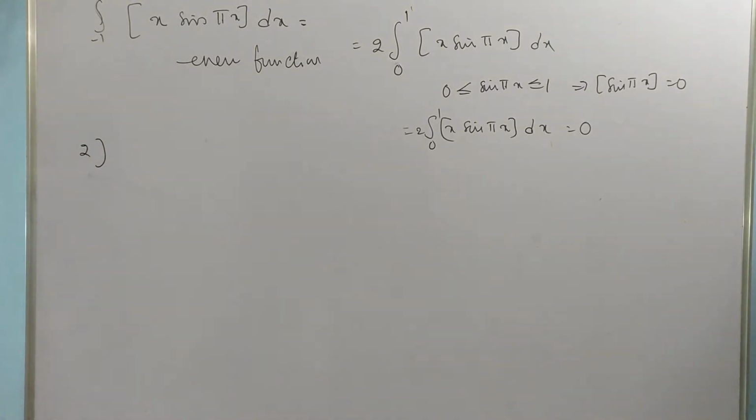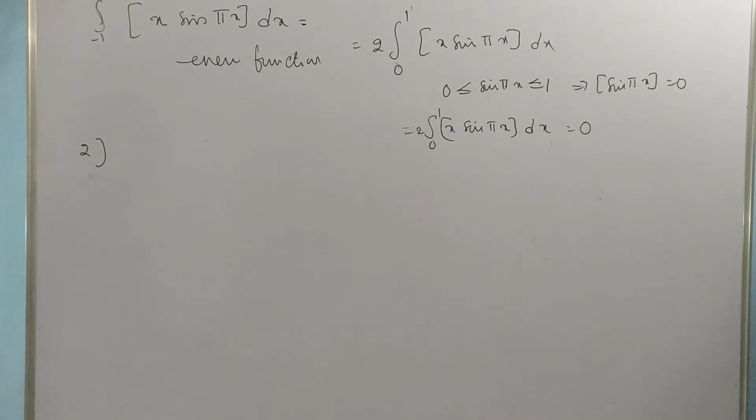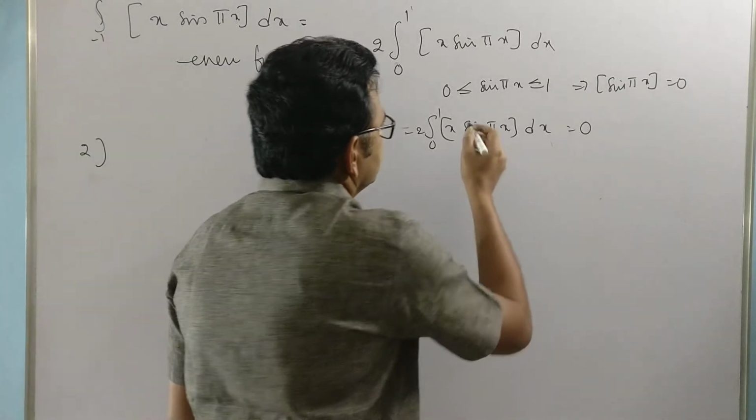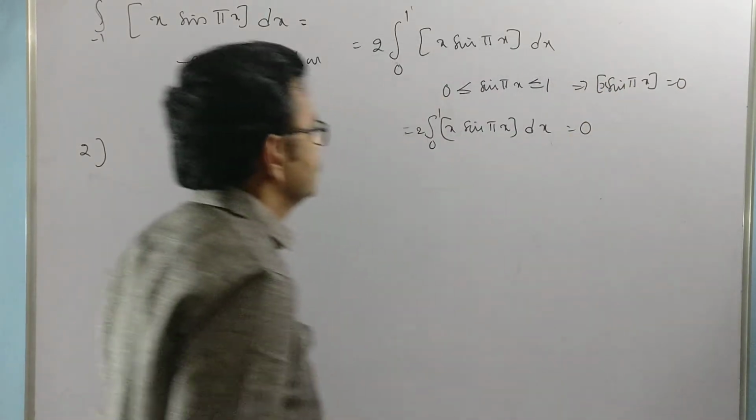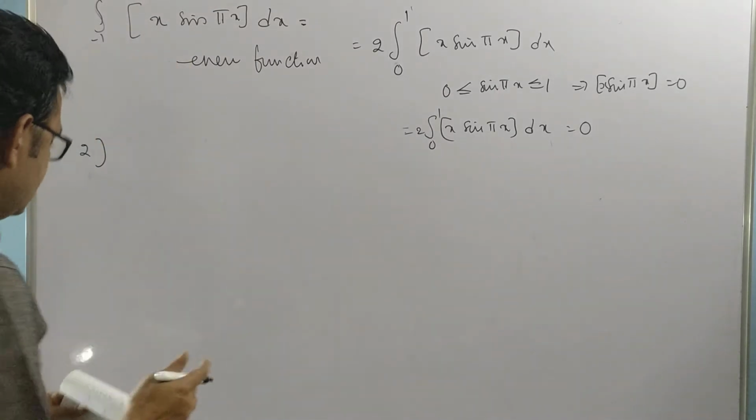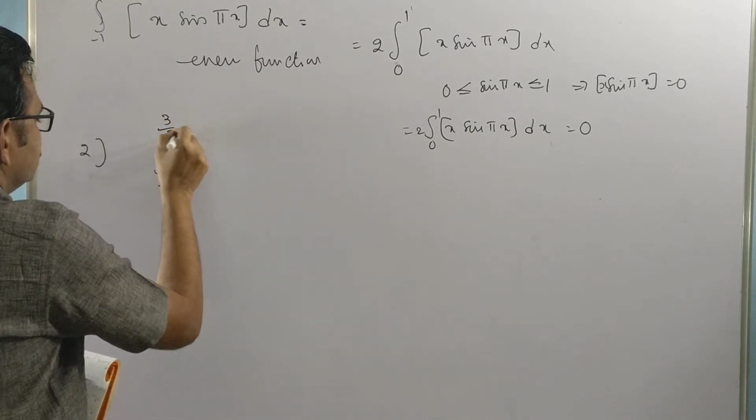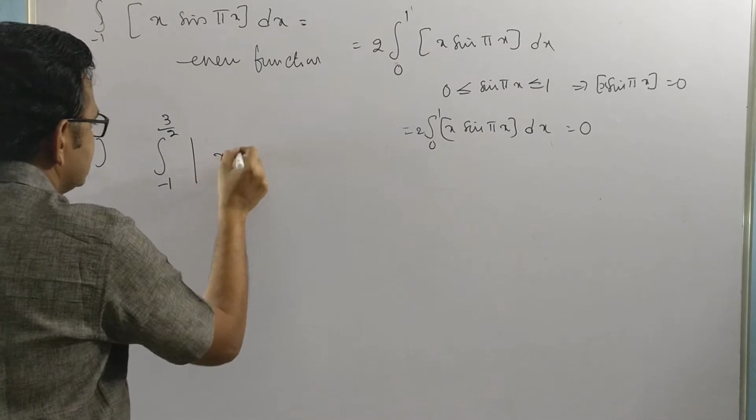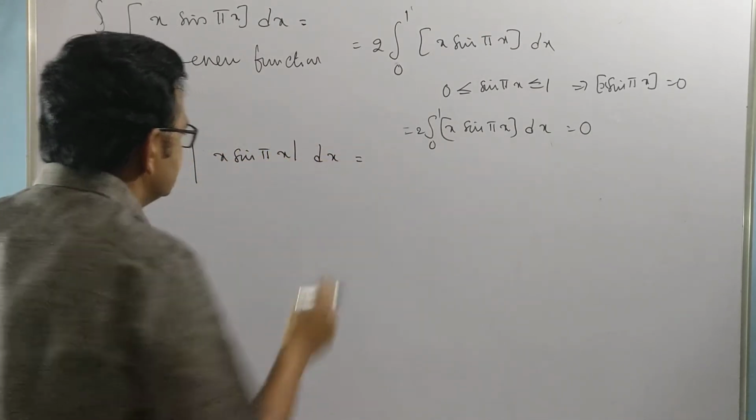Next problem. So if you write x into step, the total value becomes 0. Next one, the integral from minus 1 to 3 by 2 of mod of x sin pi x dx is equal to